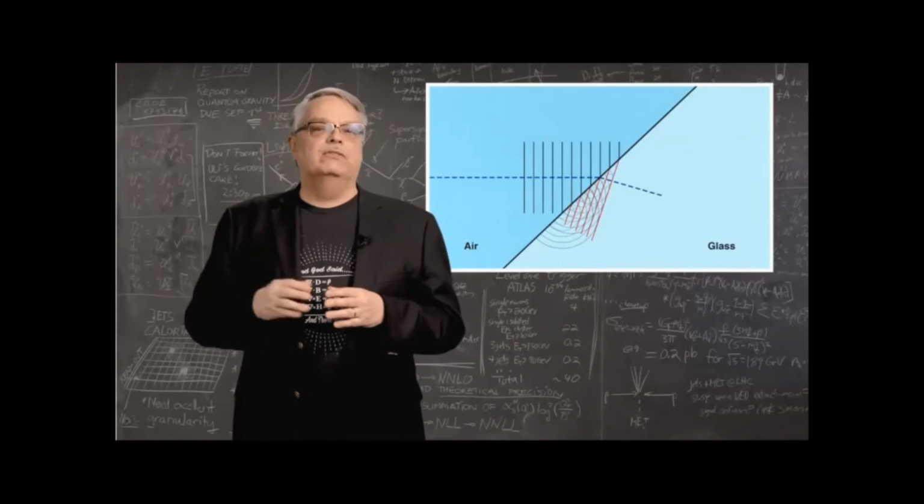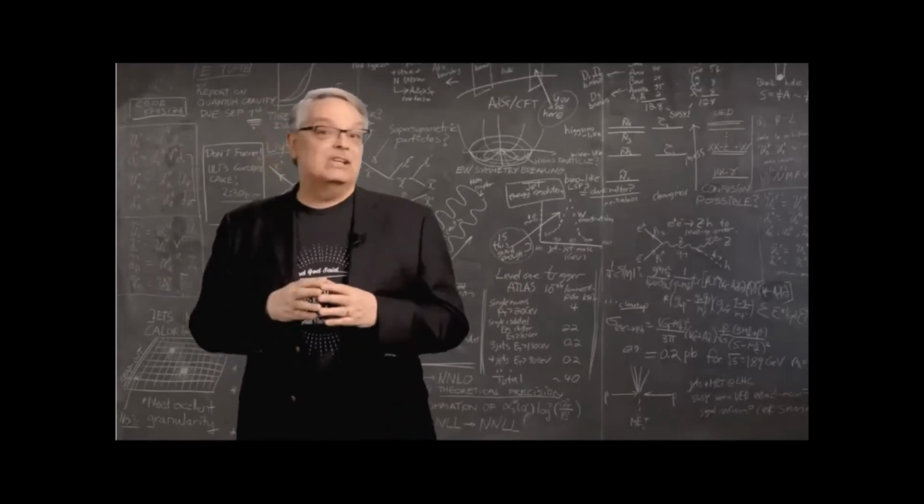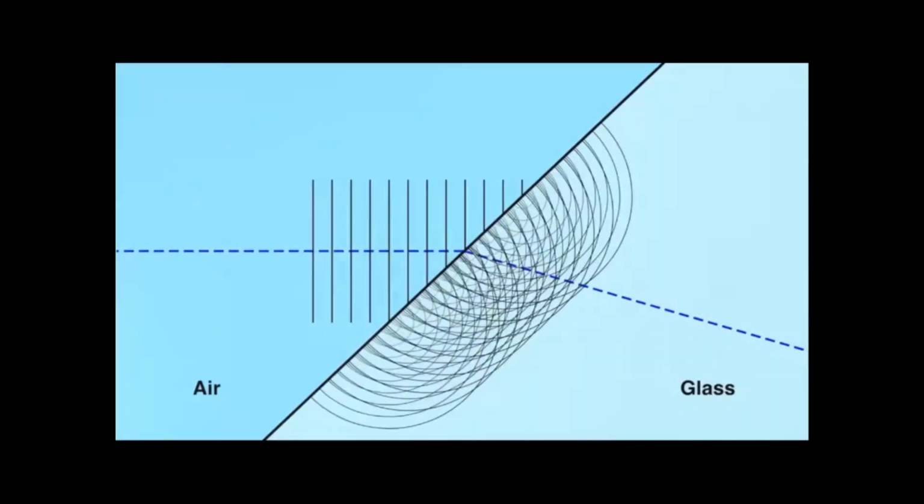We can overlay a couple of lines that show the direction that the wave is traveling and then remove the circular waves, and we see that this explanation seems to be doing a good job of predicting what happens when light goes from air to glass. Looks good, right? But not so fast. What happens when we look at all of the waves coming through the glass? Things get a lot more complicated. We do see that the waves add together to predict the direction that light moves in glass.